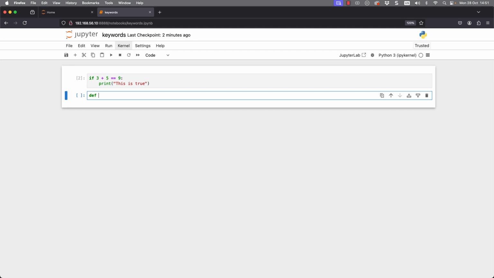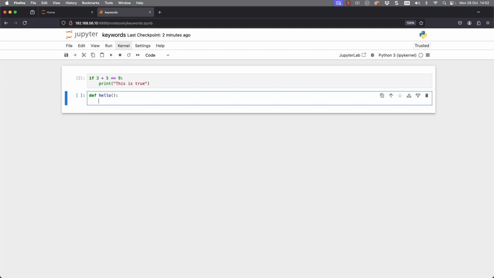Let's try another keyword. We get the idea that we're using keywords. Take a look at if and def here. Here we're creating a new function. So we create a function with the define keyword, or def. The keywords are highlighted in dark green in this notebook. I'm creating a function called hello. Again, all of the code associated with hello is going to follow the colon and be indented. And we can then go through and print, and we can have our classic hello world.